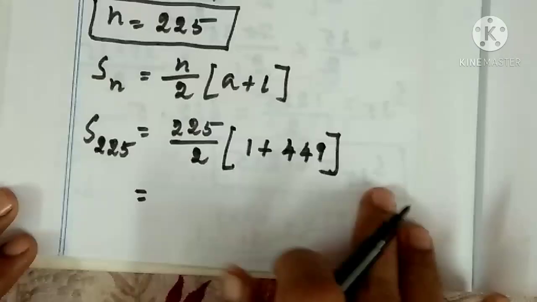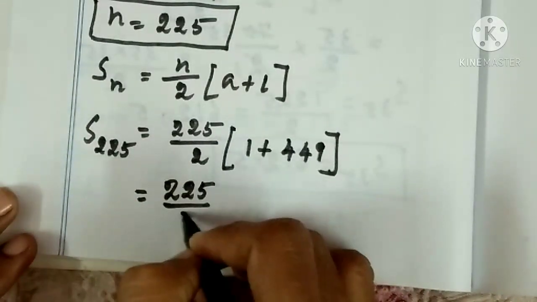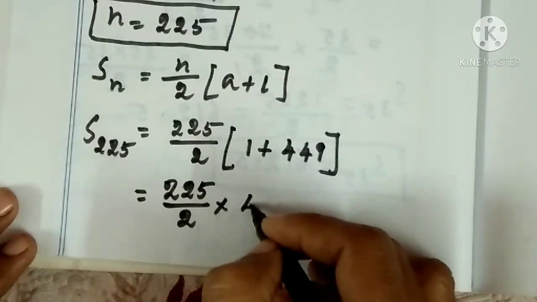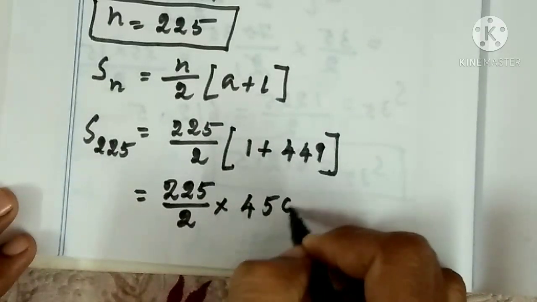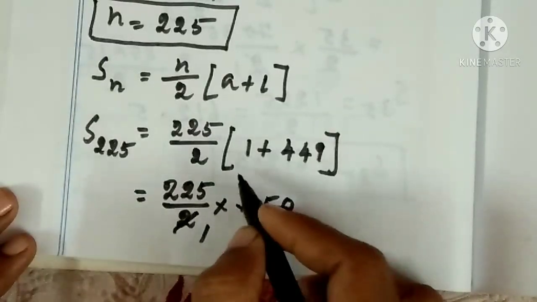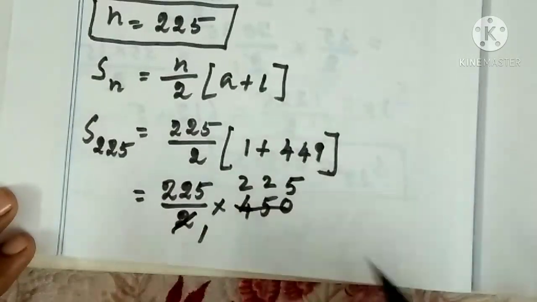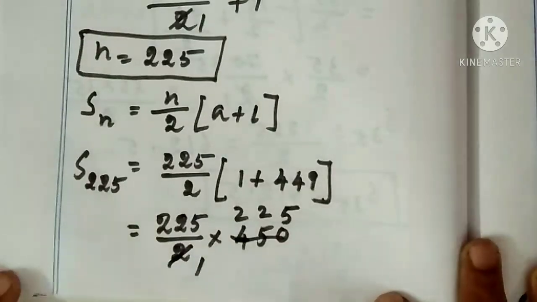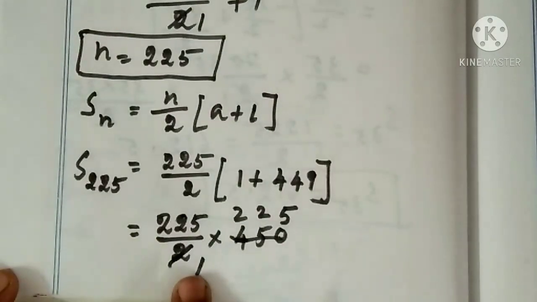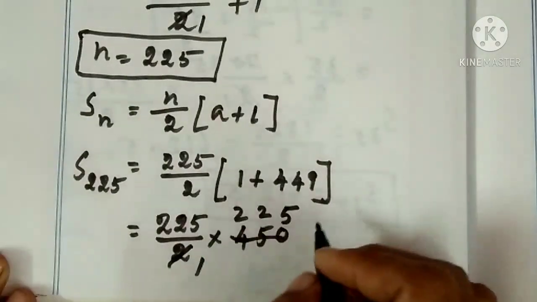Now you have to simplify this, means we get 225 by 2 into 450. Cancelling this by 2 table, 2 2s are 4, remainder 1, 5 2s are 10. Therefore, now you have to multiply this 225 into 225, we get